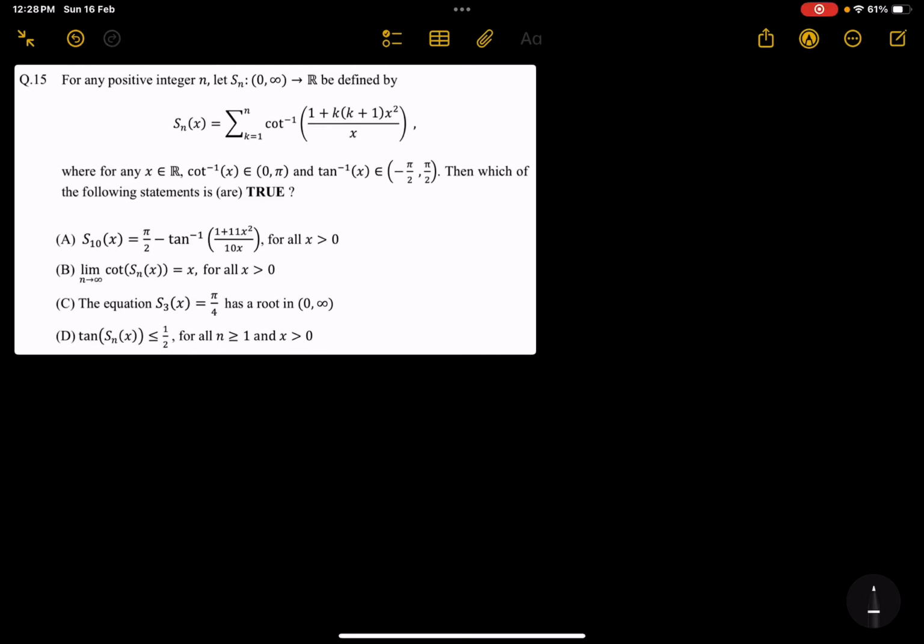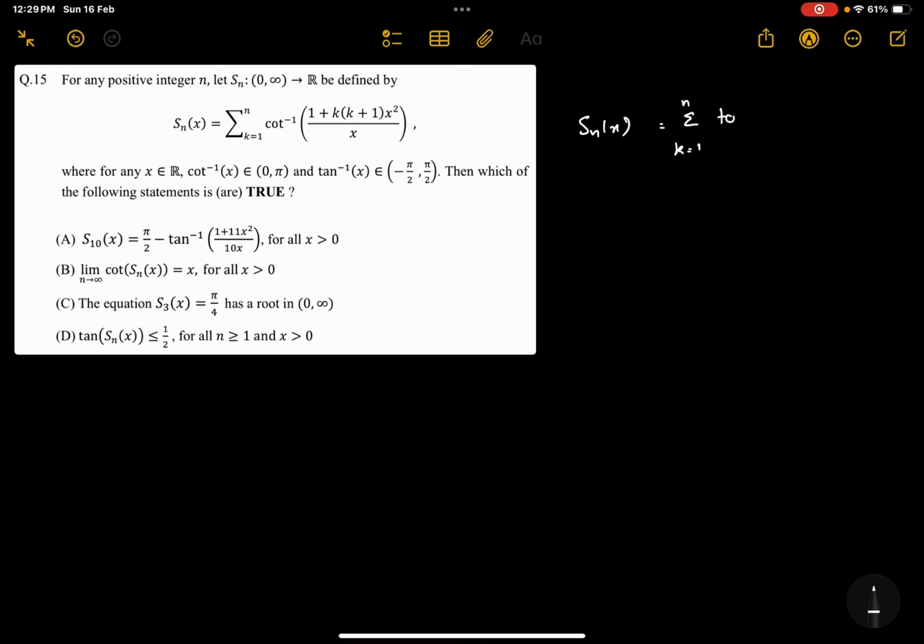And in this one, as all the options are under the consideration that x is greater than 0, we'll proceed with that consideration. So that gives us that Sn x equals the sum from 1 to n. As x is greater than 0, the argument of cot inverse is greater than 0. In that case, cot inverse would be